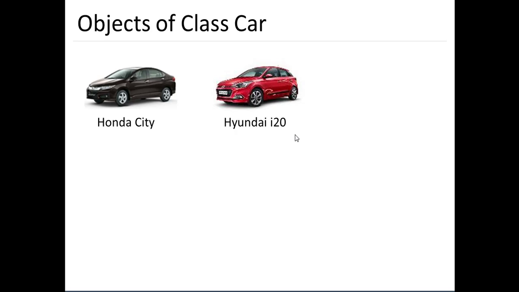So the car which was presented in the earlier PPT was like a generic one. We had only chassis, we had only generic features, but that car was non-functional. When we wanted to make it functional, we had to put certain other attributes into it. We have to create some functions, we have to write down the detailed functions of it, and only then can these cars be useful. So now I have a Hyundai i20, which is a functional car which I can use.